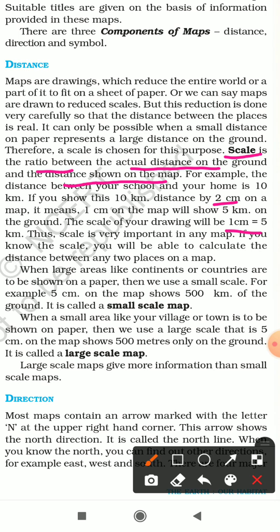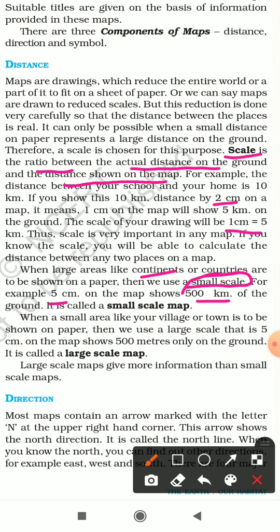When large areas like continents and countries are shown on a map, we use a small scale, which means we reduce these large distances into small ones. For example, 5 centimeter on the map shows 500 kilometers on the ground.